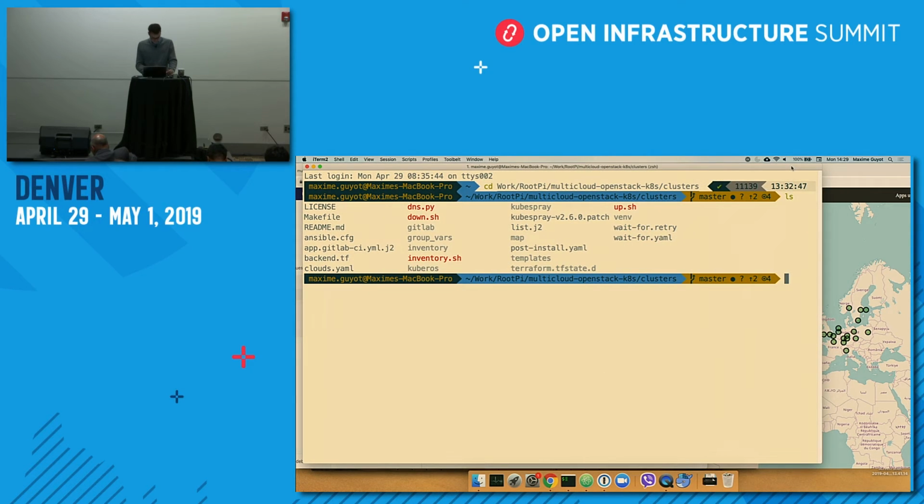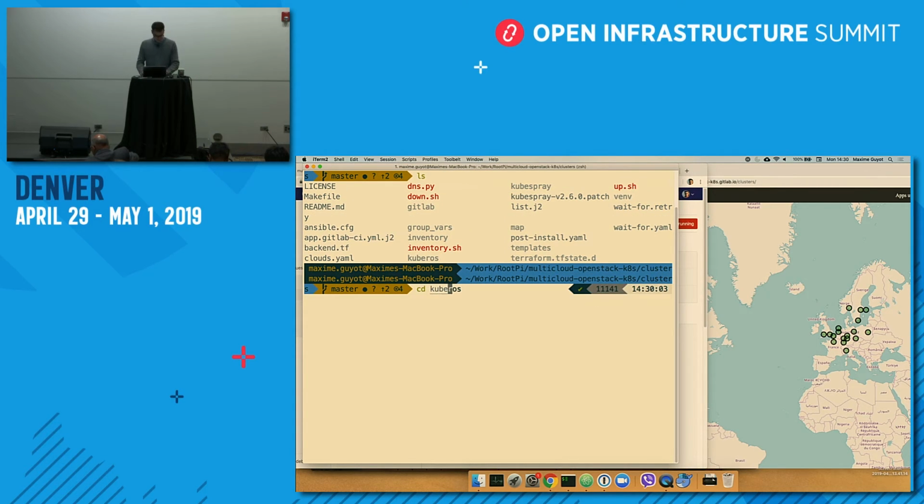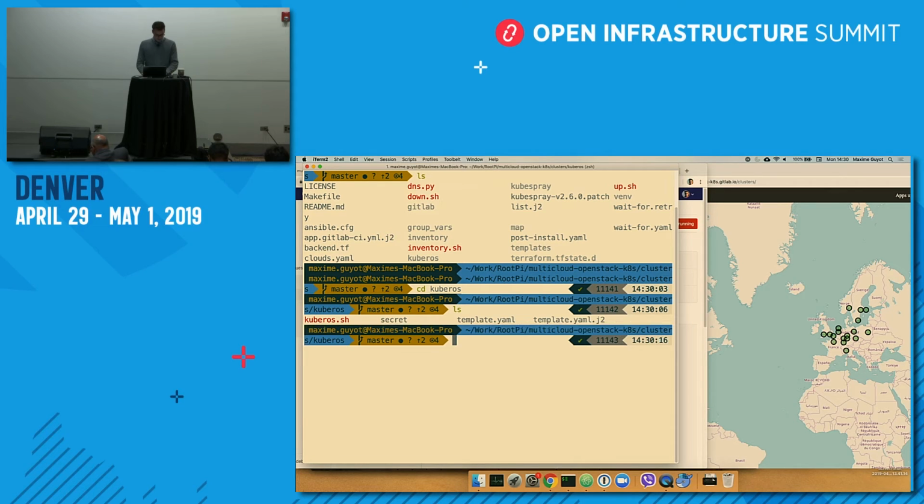Open the terminal. Now over here. So this is the clusters repo. In there you have a folder called Kuberos. Kuberos is the application that generates the config files for a single sign-on experience between different Kubernetes clusters. There is, oh, I need to start the Docker daemon. There is a small kuberos.sh script. For the demo, I'm just running Kuberos locally, but in real life, you would run this in your cluster or in some form of web accessible thing. And then once the Docker daemon is started, I will be able to run this.